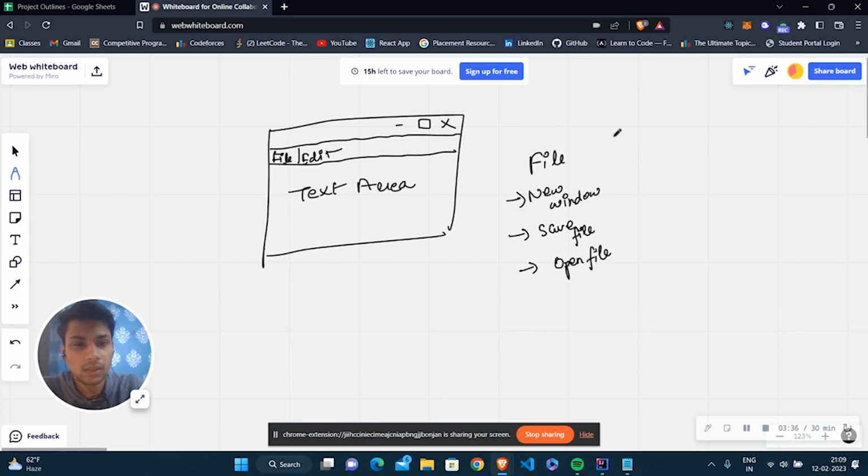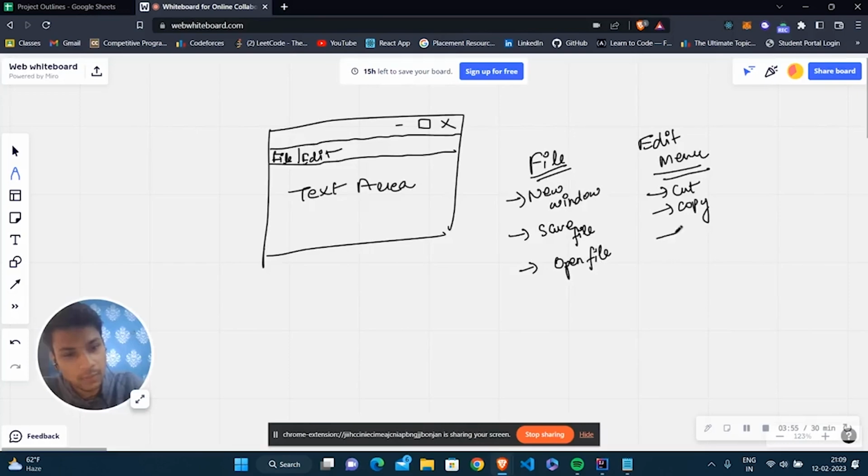Okay, and inside the edit menu, I'm going to have five functions. The first one is going to be the cut, copy, paste, select all, and the last one is going to be the close button.